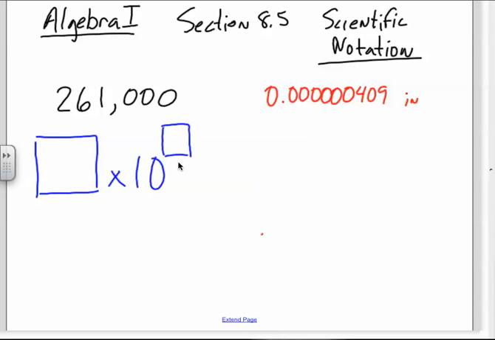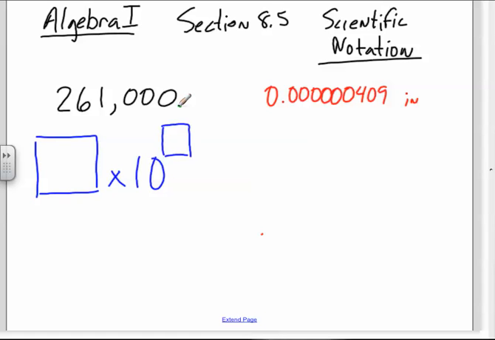And then we'll put the exponent up here, and the way we determine the exponent is how many times we had to move the decimal place in the number to make it between 1 and 10, okay? As this number gets smaller, this exponent gets bigger, okay? And we'll talk about that again in a moment. But let's look at